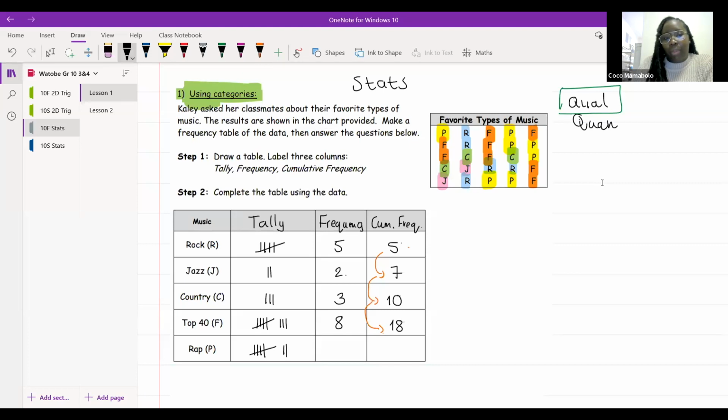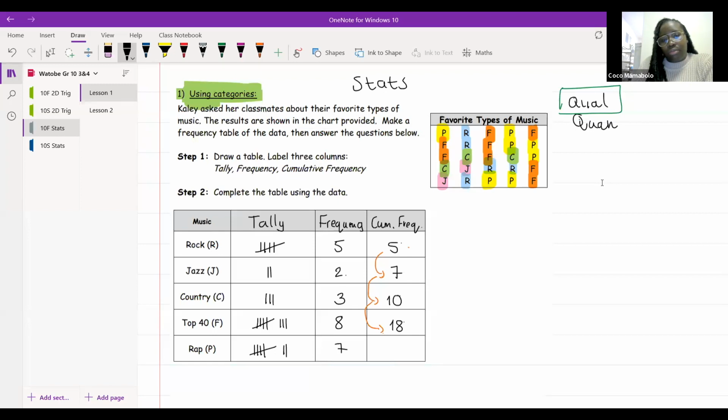Able to count the yellow dots I've put on the screen? How many of them are there? People are telling us 7. Good. So our cumulative frequency would be 18 plus 7, which is going to be